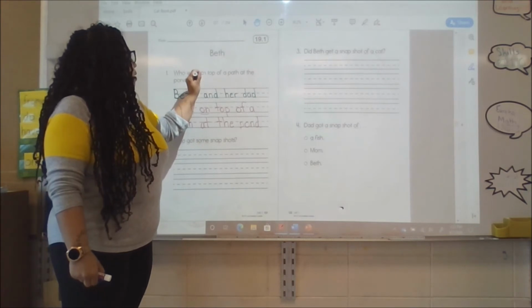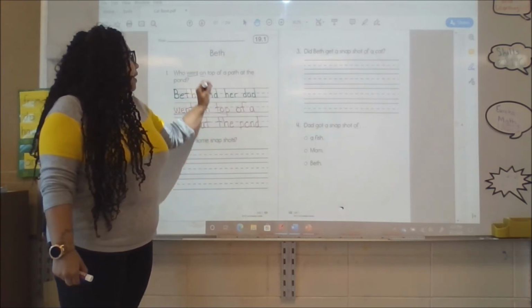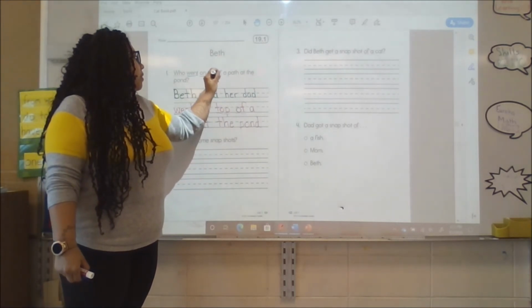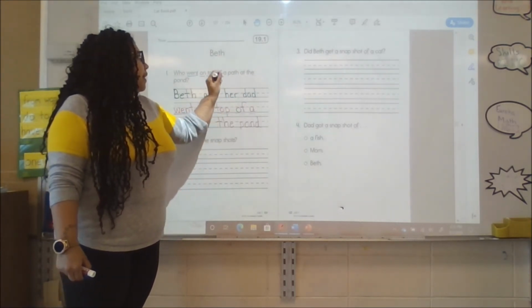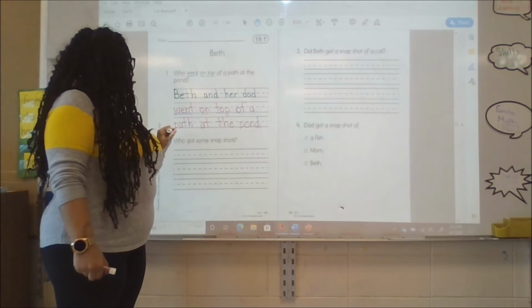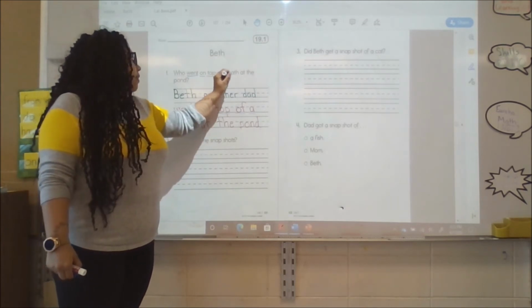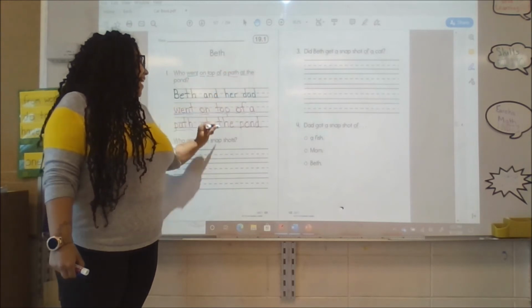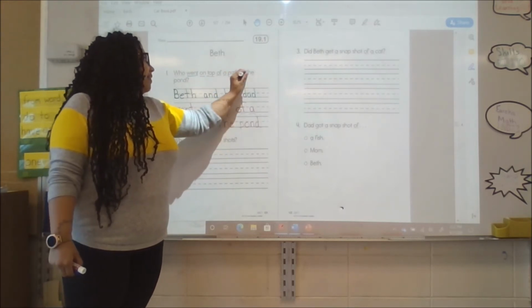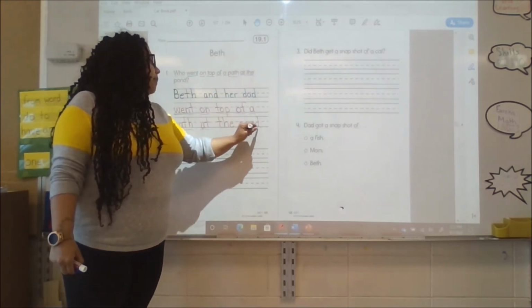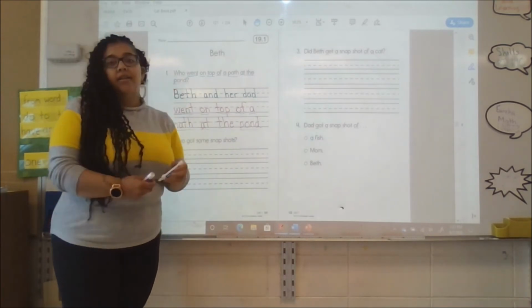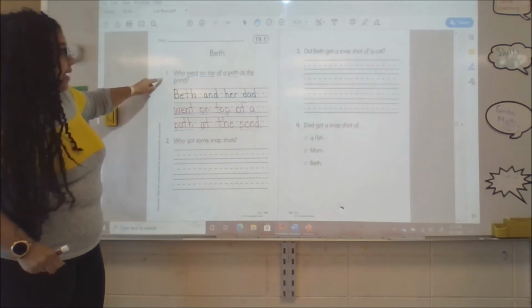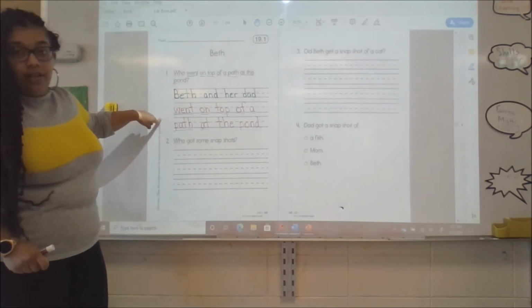On, top, of, a, path, at, the, pond. I took the words from the question and I used them in answering my question to make a